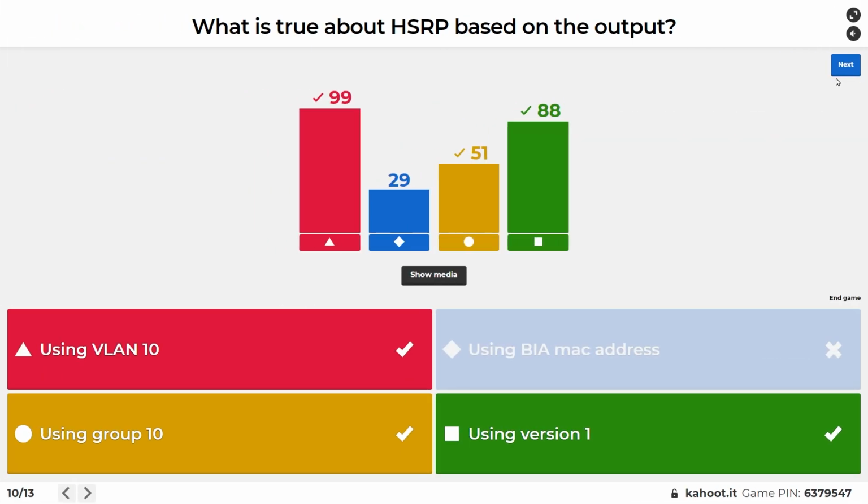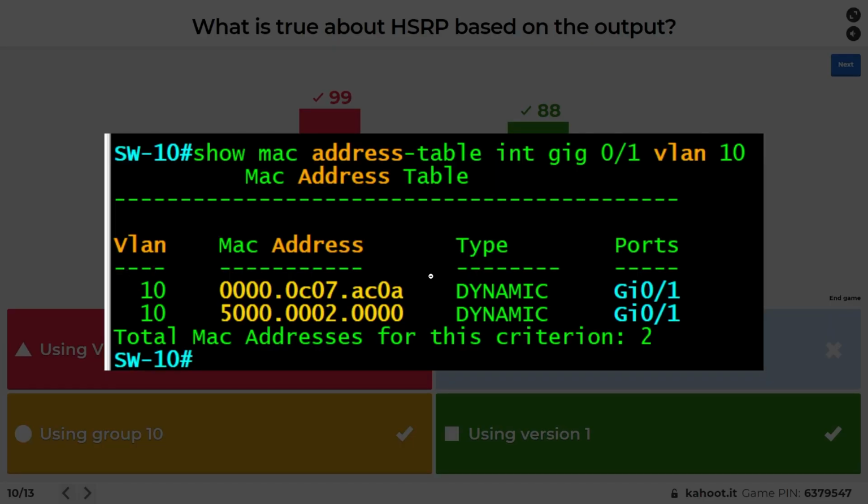Okay, using VLAN 10, using Group 10, version 1, and wow, great work. Let's just take a quick peek as a reinforcement of that. So right up here I said VLAN 10, right here it's showing VLAN 10, so VLAN 10 support is in use. Based on this MAC address, that's version 1, and based on these last 2 characters, A, if we